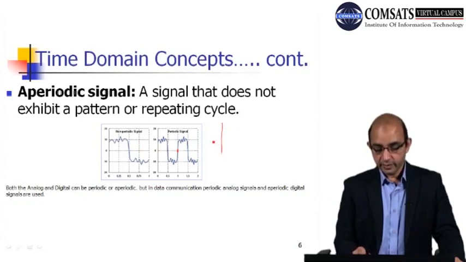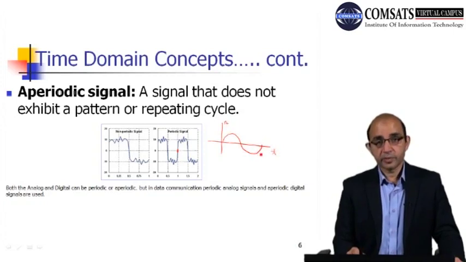We can see that if we have a sinusoid like this, that is the time axis and that is the amplitude, this is not a periodic signal. Again, if this is time axis and this is the amplitude, and this is +5 and this is -5, in volts,